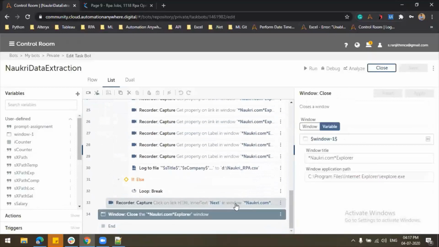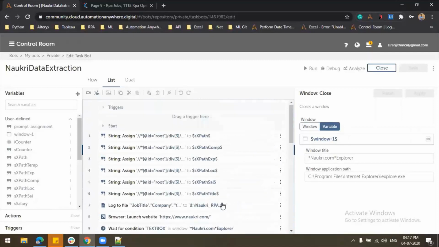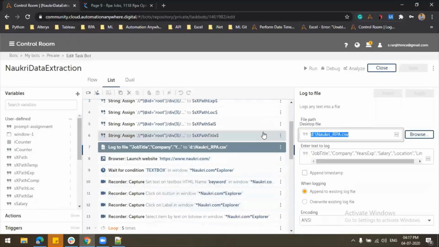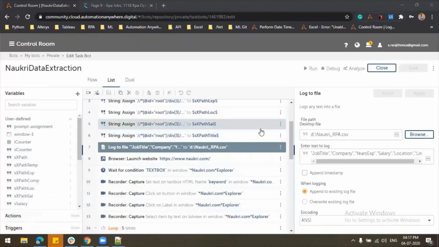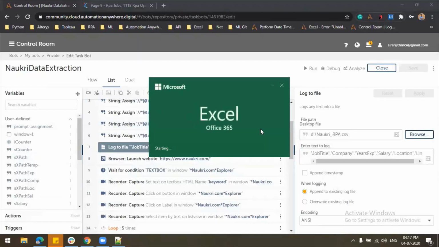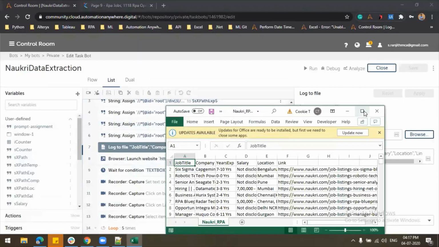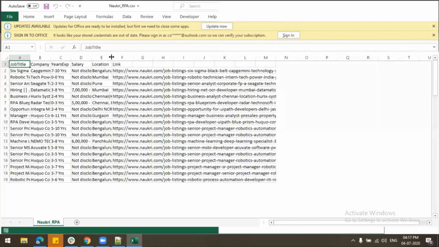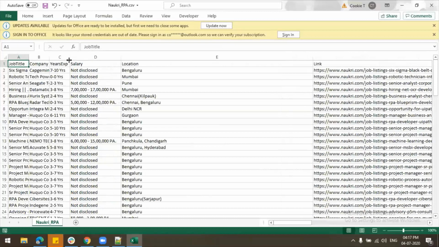And it will close the Chrome window. It is very simple, but the thing is we have to find the correct XPath. I will just open this. It will extract something, and the result will be like this. It could have stopped from